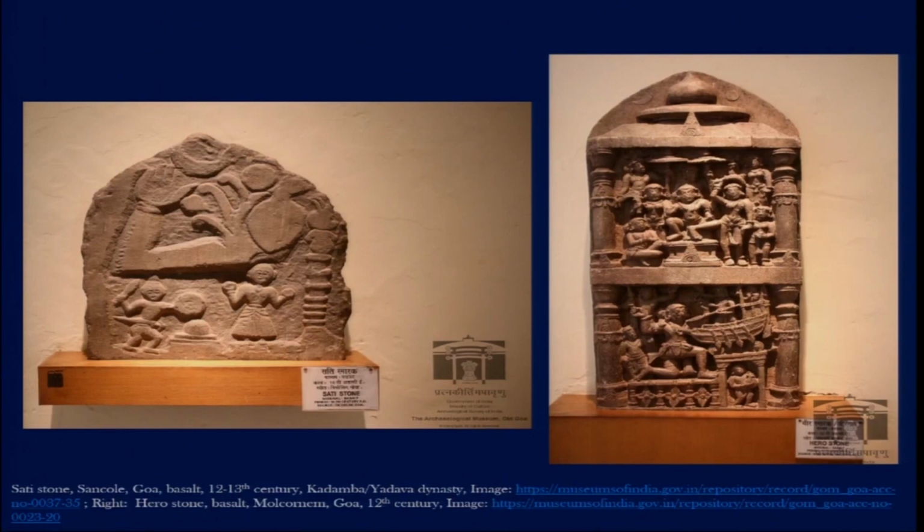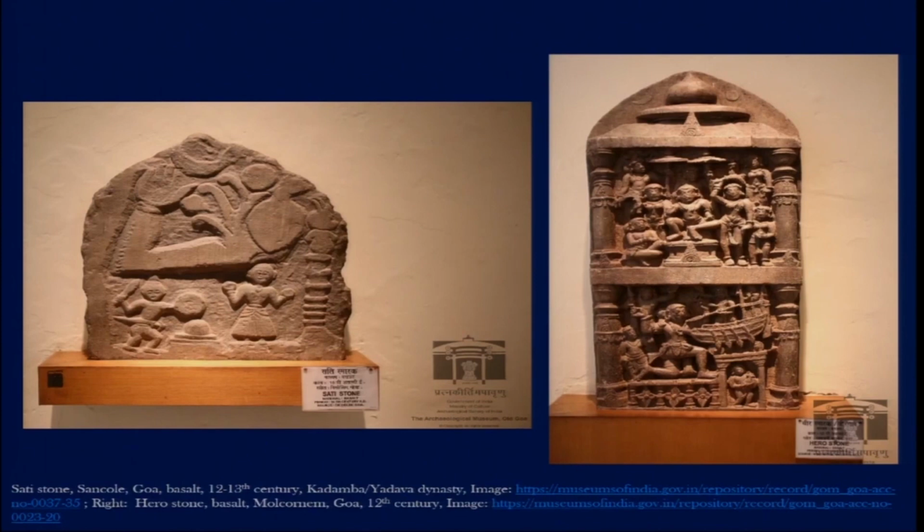So in the Sati stone, in the hero stone, we usually find registers of this kind of narrative. The main part of the narrative in a Sati stone will perhaps be this prominently raised hand, and then there are other smaller sections and other narratives which are also made part of these stones. So this one we find from perhaps sometime between the 12th and 13th century, and then there is this other hero stone that we have, also made of basalt, and this one is also found from Goa in the 12th century.